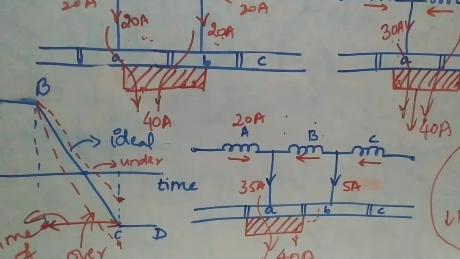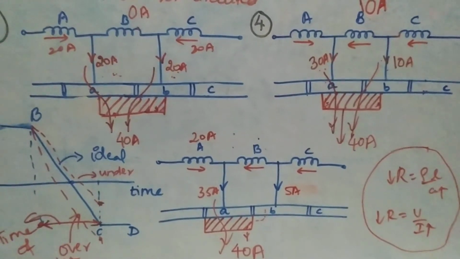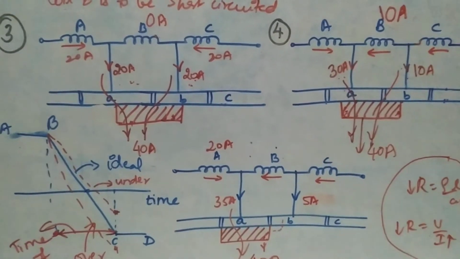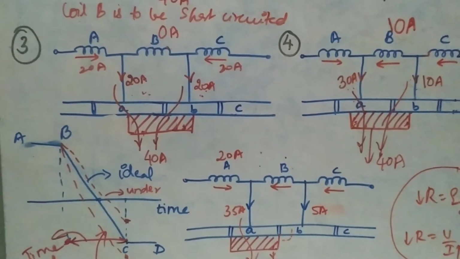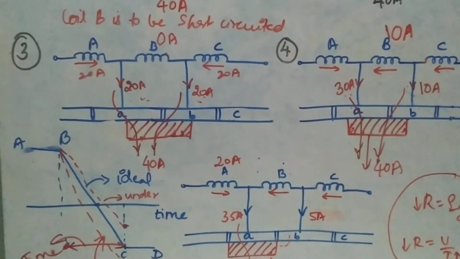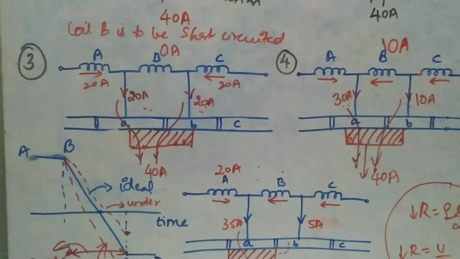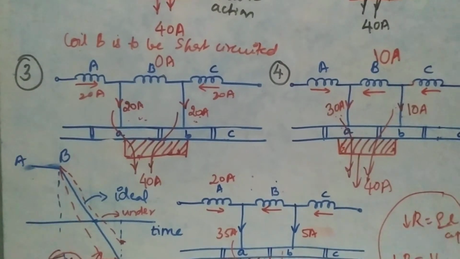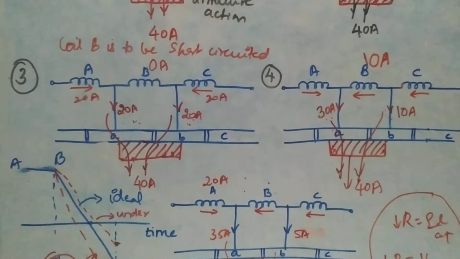The main reason for this non-linear commutation is the production of the self-induced EMF in the coil which is undergoing the commutation, because the coil has a significant amount of self-inductance. So what I am going to convey is that during non-linear commutation, a spark initiation takes place, and there will be a presence of self-induced EMF in the coil.